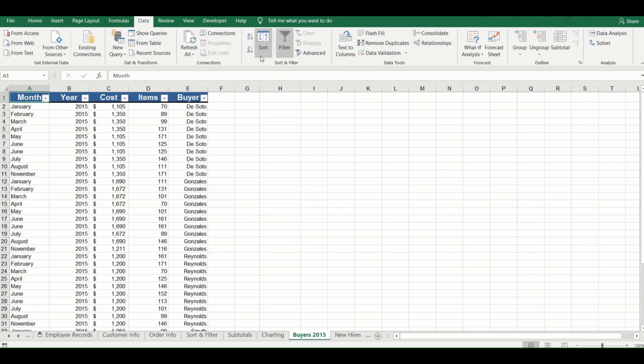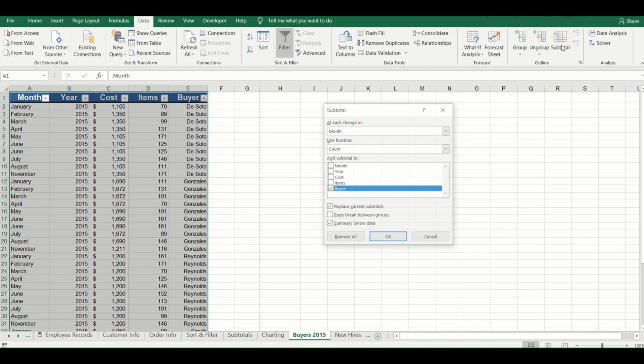So in the data tab itself, towards the right side, you have something called subtotal. So subtotal इसीलिए use होते हैं to, if you want to find out the total for one specific category. Say you have 5-6 buyers over here. हर buyer की total calculate करना चाहते हो, so you can use the subtotal option. ठीक है? So let me say